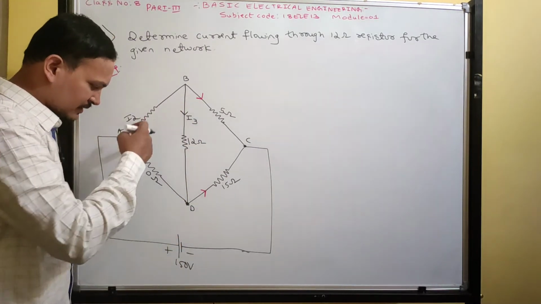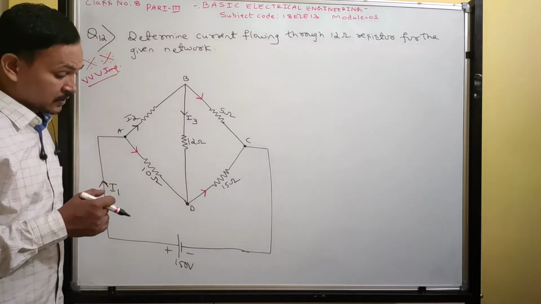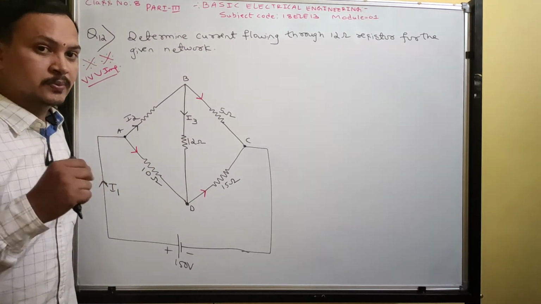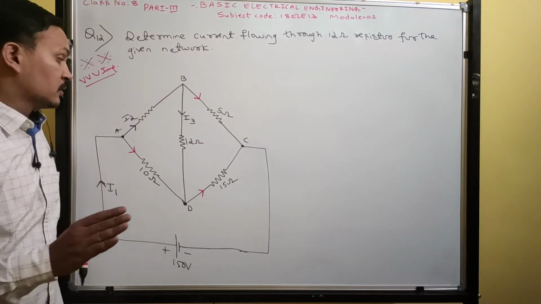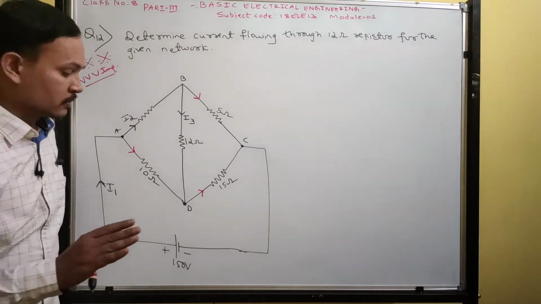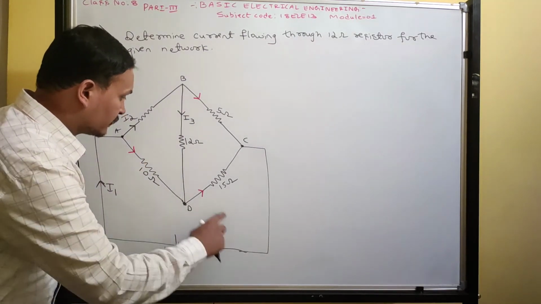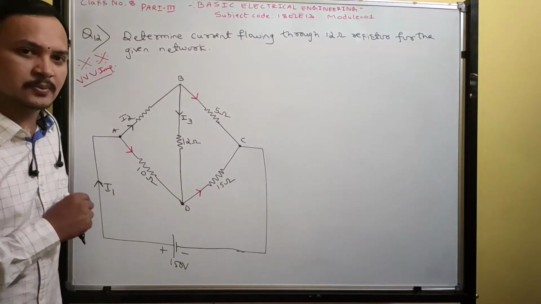Guys, we have already done a similar problem, only with different data. What is different between that problem and this one? See, in that problem, they did not specify any loop directions or any current variables. What did we take in that problem? I1, I2 and I3. But what is given in this problem?